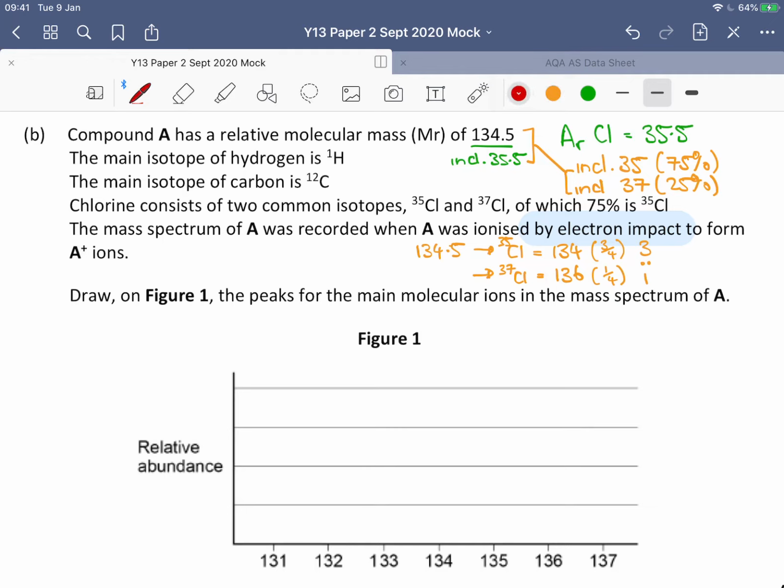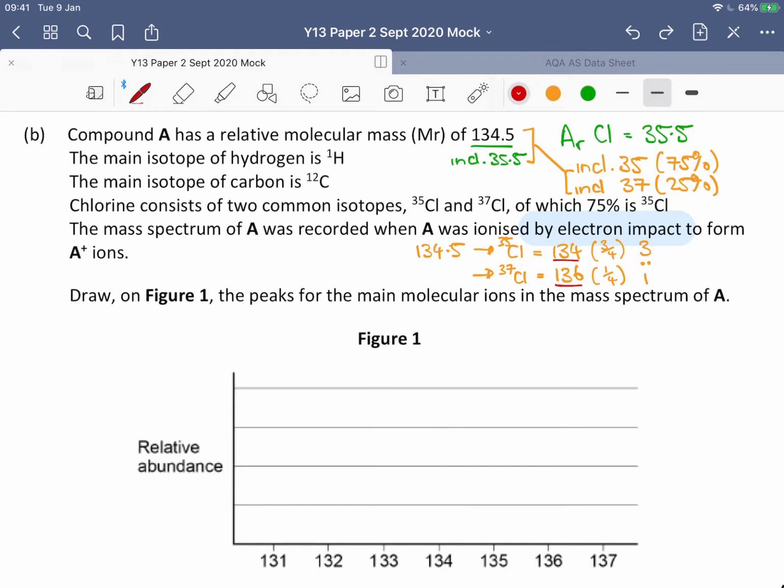One mark is for putting the 2 peaks on the correct mass, which would be 134 and 136. Okay, 134 and 136. And then the second mark was for getting the right proportions, you see the lines on the graph. So we know that 3/4